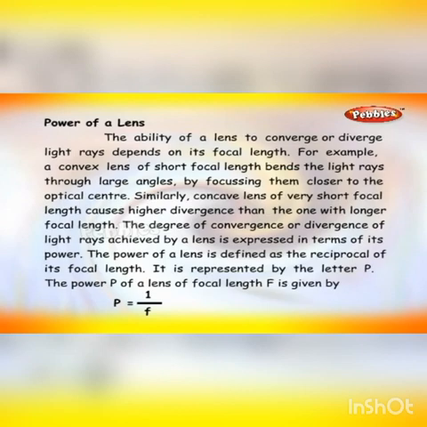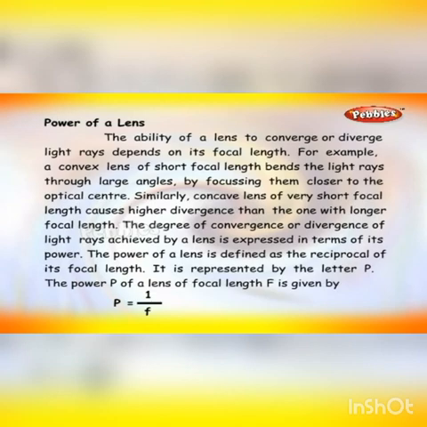Power of a lens. The ability of a lens to converge or diverge light rays depends on its focal length. For example, a convex lens of short focal length bends the light rays through large angles by focusing them closer to the optical center. Similarly, a concave lens of very short focal length causes higher divergence than the one with longer